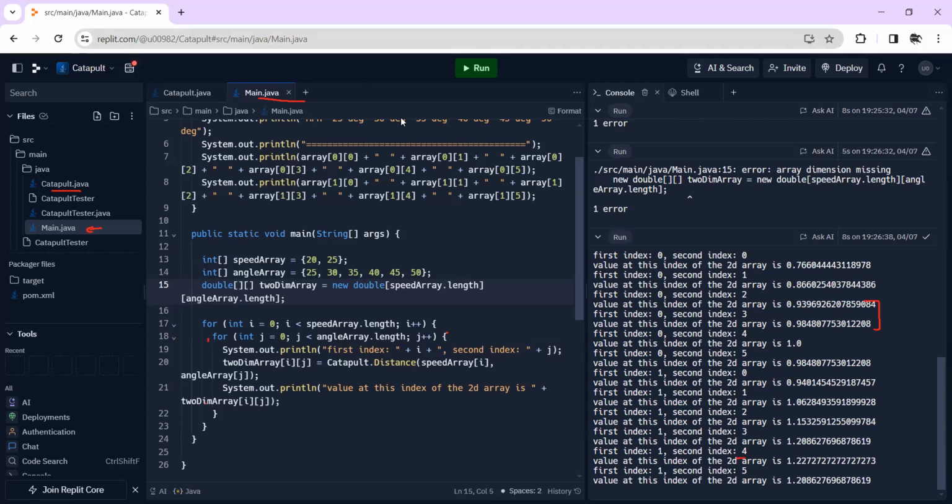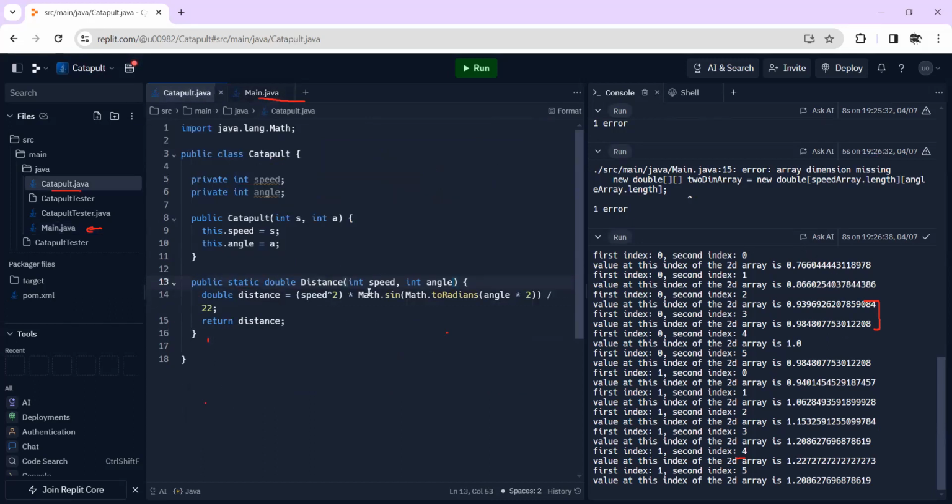Wait, it has to be enough. Wait, this is in miles, but the distance is shown in feet. Okay, so yes, you need 20.5. So I would say make a function to actually calculate, call this function one time, and call the method in. This is a method that you need to create inside your class, and call this method